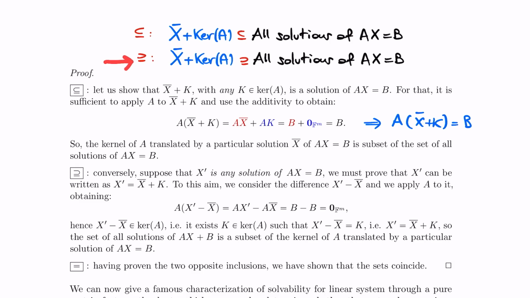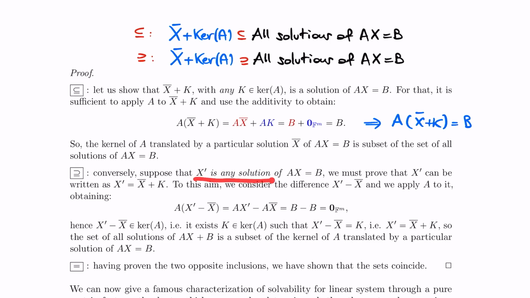Now, to prove this inclusion here, we have to suppose that x prime is any solution of Ax equals b, and we have to show that x prime can be written as x bar plus k. The key to prove this fact is to consider the difference between x prime and x bar and to apply A to it. A times x prime minus x bar, again by additivity, is A x prime minus A x bar,